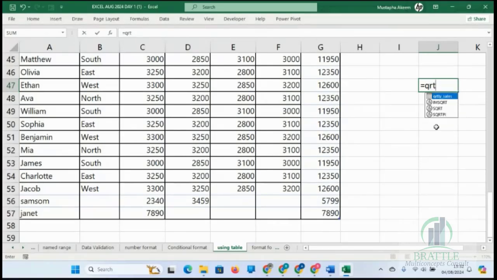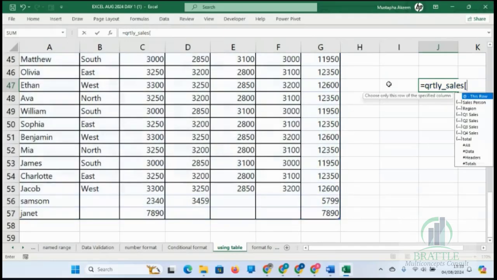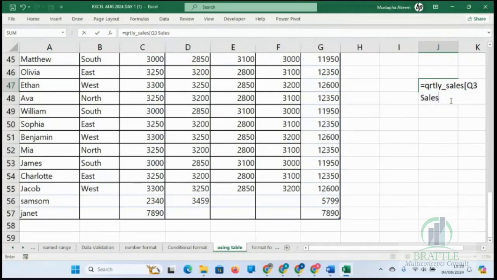can you see? QRT, it's showing me the entire table. It's selecting the entire table for me. If I need a column, if I want to sum a column, I can just type a square bracket on my keyboard. The moment I do, can you see? It lists all my columns for me. I say okay, I want column 3, and I can close the square bracket.